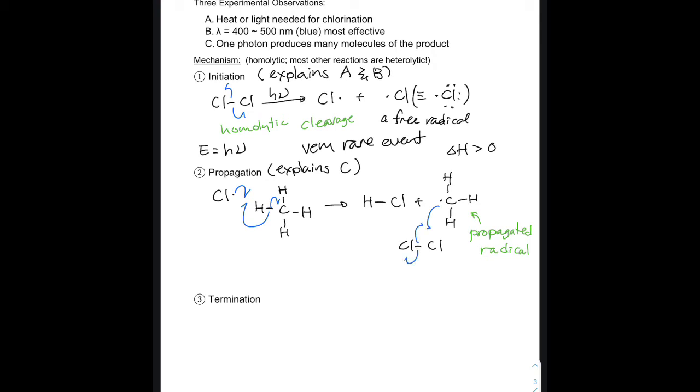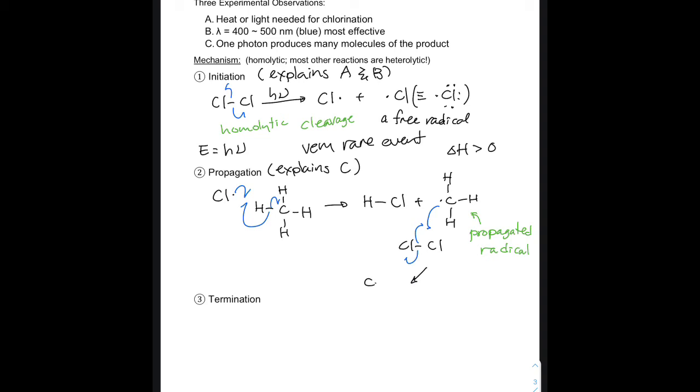So the likely molecule that this methyl radical would react with would be a chlorine molecule, or it could react with another methane, but then the product would not be anything different. So once the methyl radical reacts with a chlorine to abstract a chlorine atom, like so,